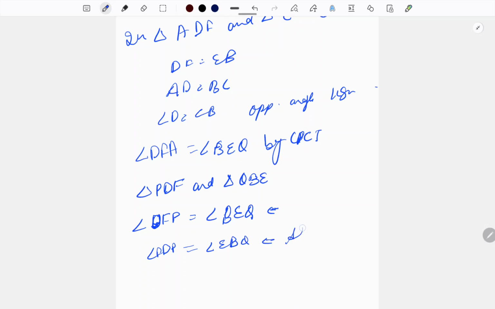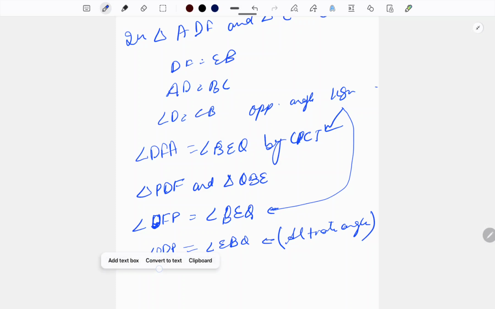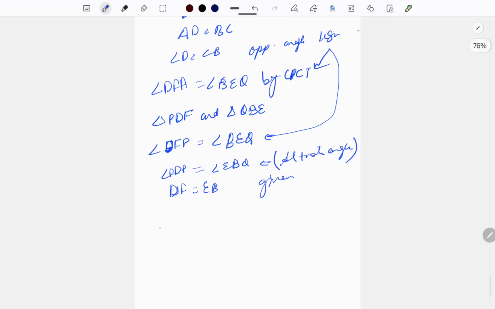ये हो गया अल्टरनेट एंगल ऑफ पैरेलल साइड। ये तो ऑलरेडी हमने ये डिराइव किया, वहाँ से, और लास्ट बचेगा EDF इज इक्वल टू EB, दिस इज गिवन। तो देयरफॉर